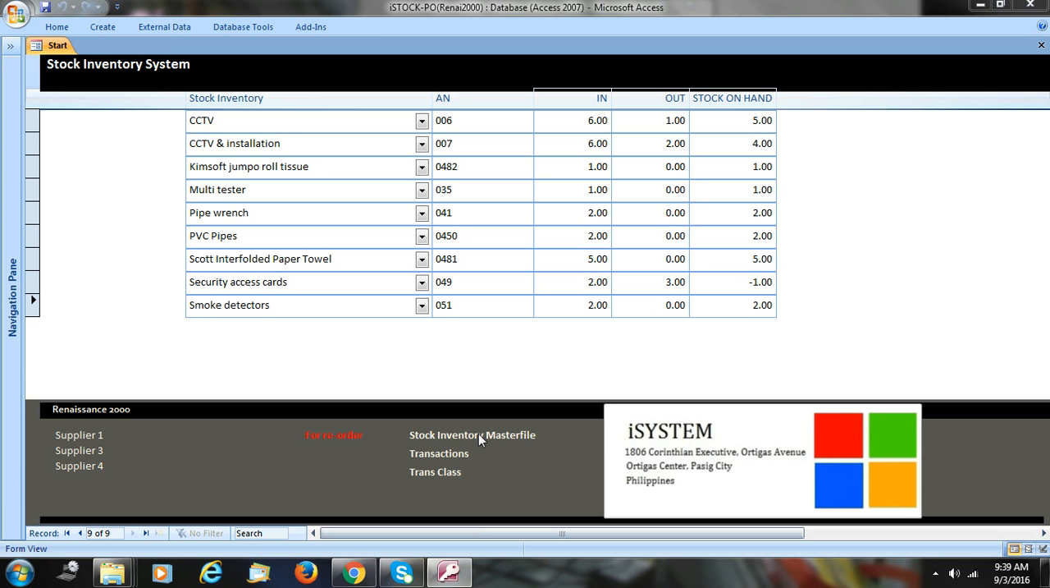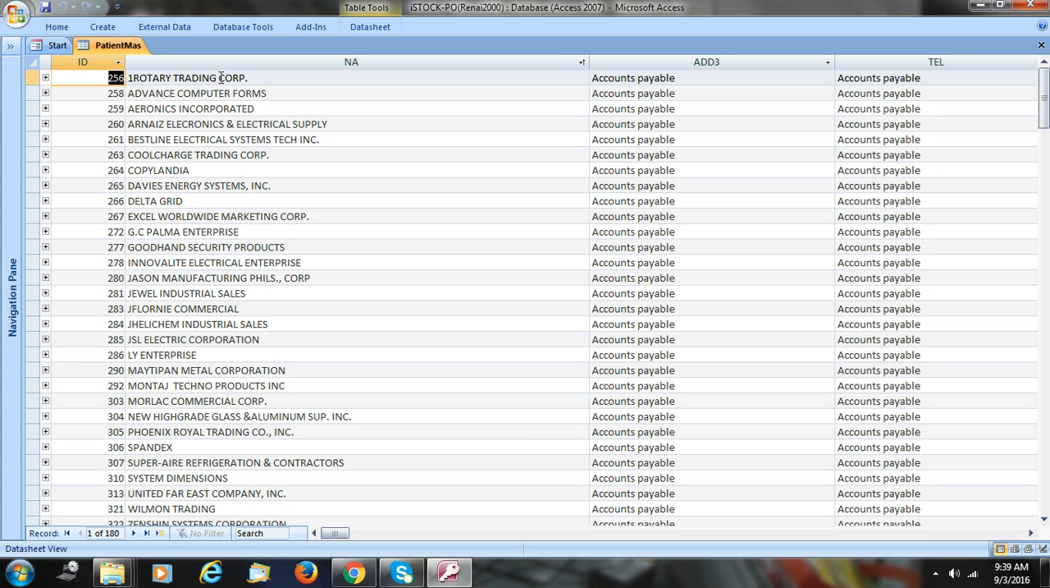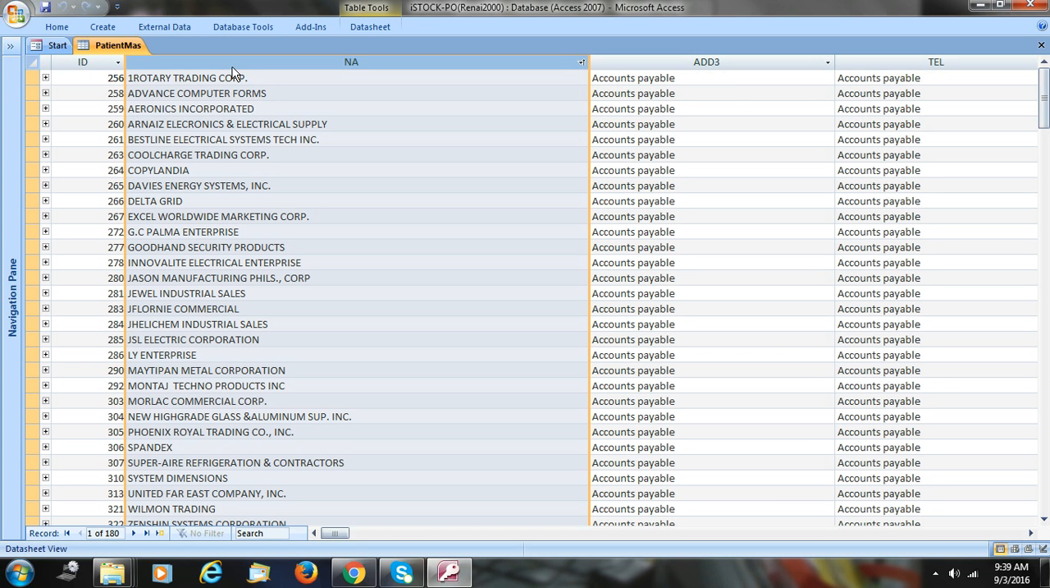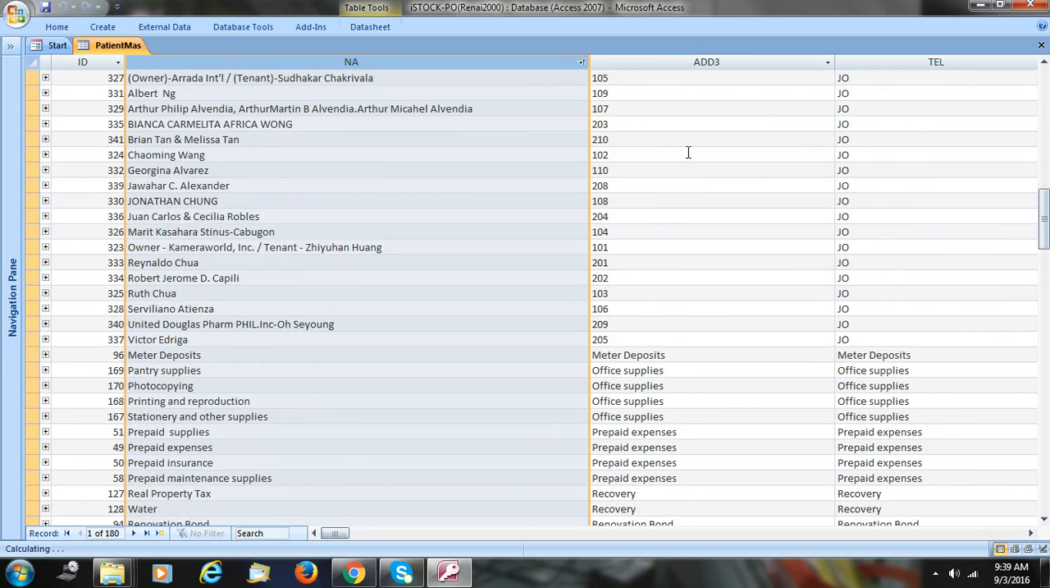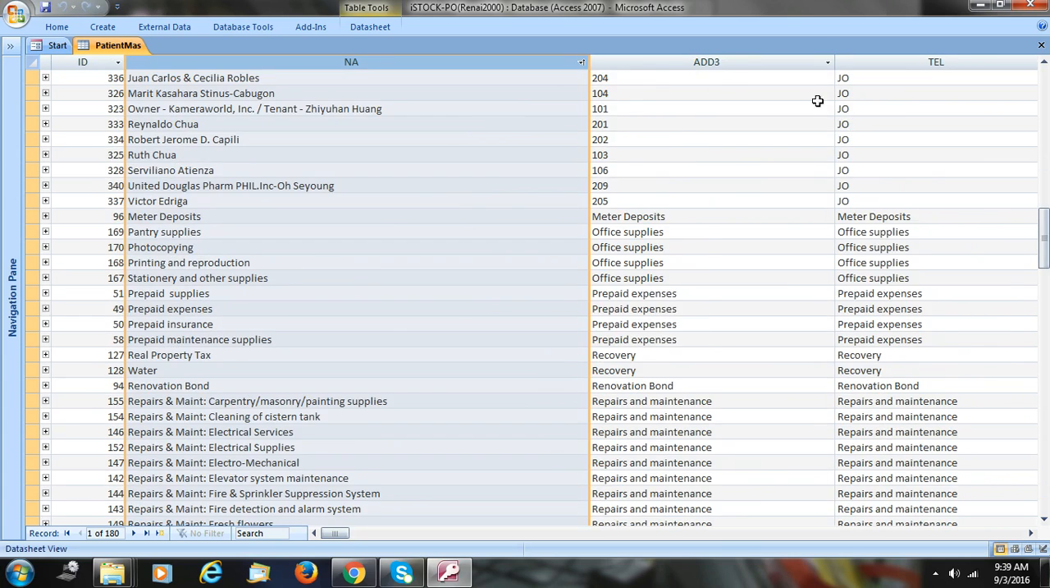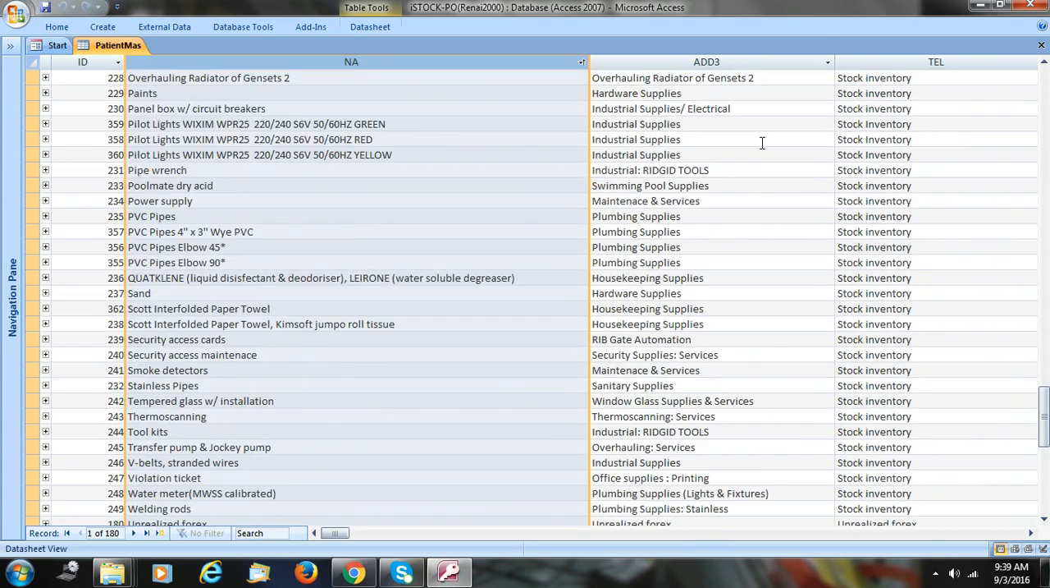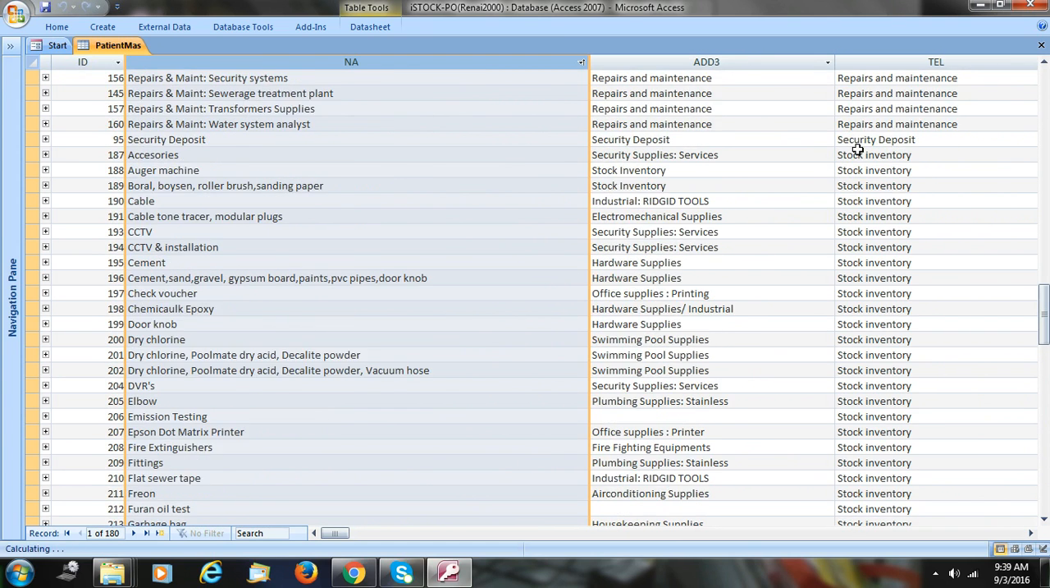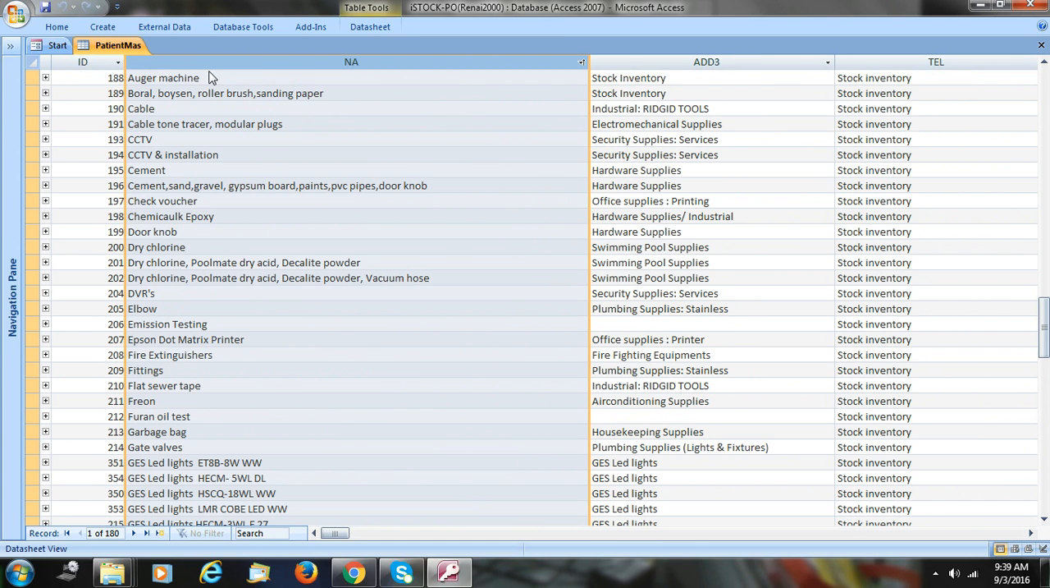Now quickly, in the stock inventory master file, you will see all your commodity items linked to a specific control and sub-control accounts. These are all stock inventory accounts, starting with Ogre machine, etc., linked to a specific sub-control, and the control account is stock inventory. Going back,